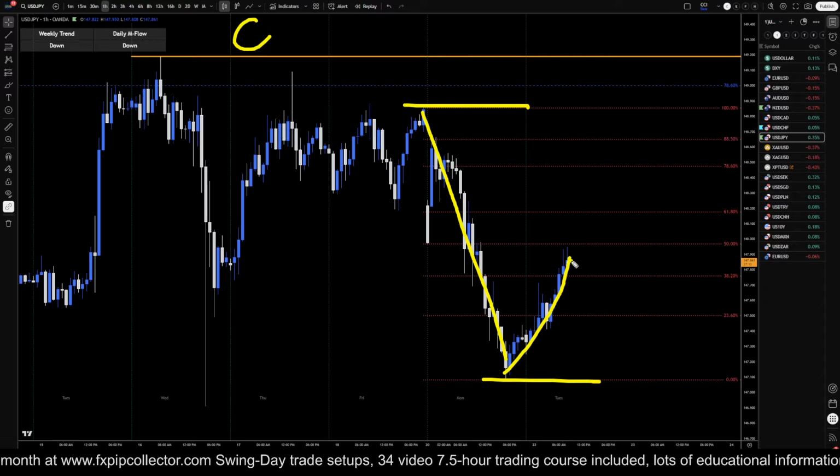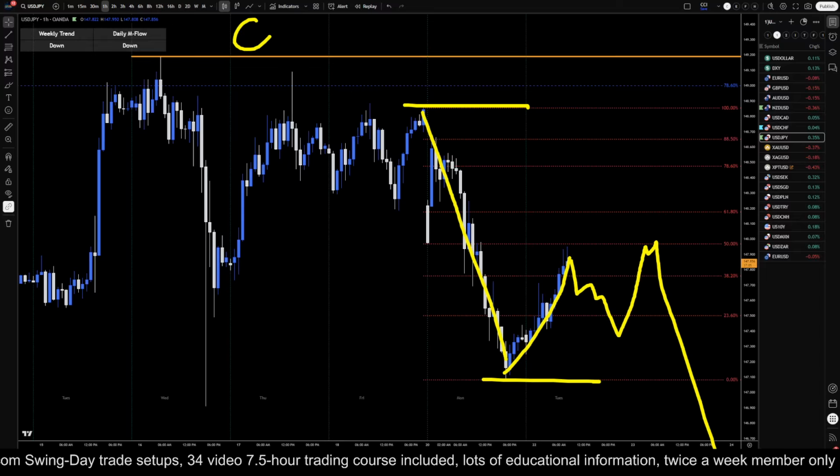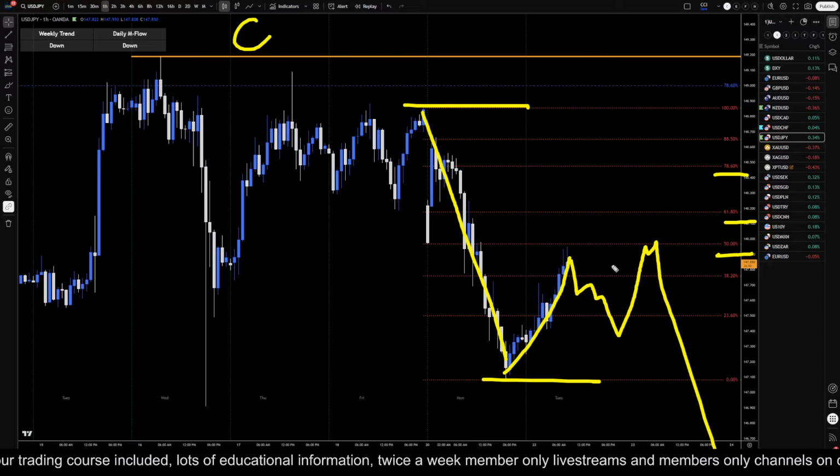this last wave down, and maybe over the next day or so, it's going to make some sort of a three-way pullback like this, maybe bounce off one of these Fibonacci levels with some sort of a recognizable pullback like an ABC, WXY, or something along those lines to end up continuing, hopefully, the daily time frame and weekly time